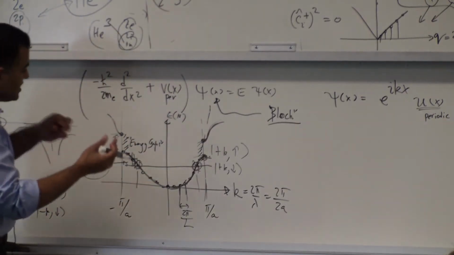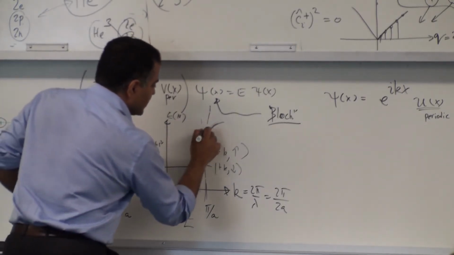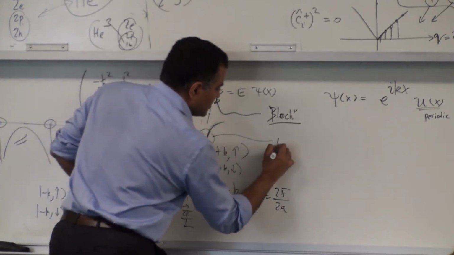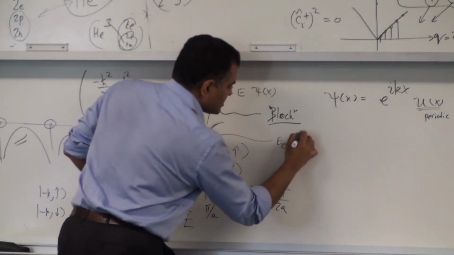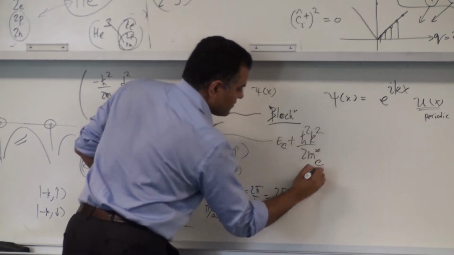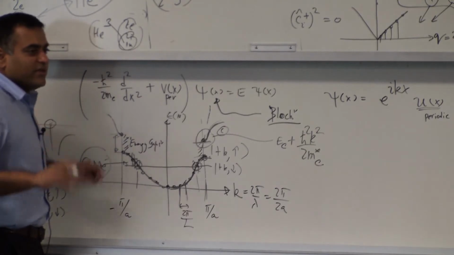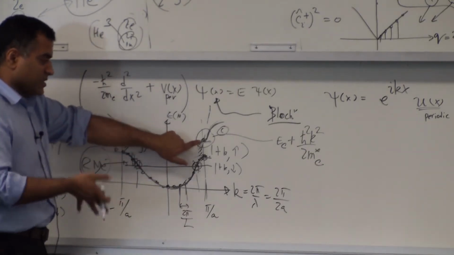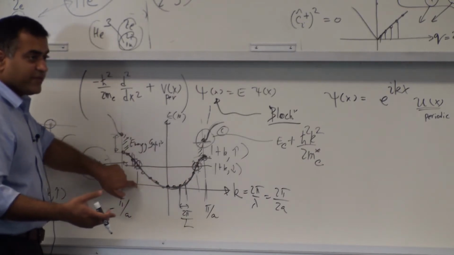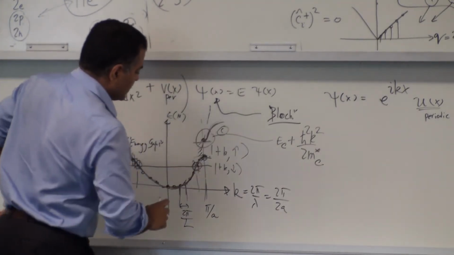So the curvature near the band edges is a measure of the effective mass, and very close to here, you can write it as a minimum here could be an EC plus an h square k square by twice the effective mass of that band C. C is the label of my band C, let's say. So for example, in certain solids, this can be my conduction band, this can be my valence band. And so the valence band might look like that, conduction band might look like that.